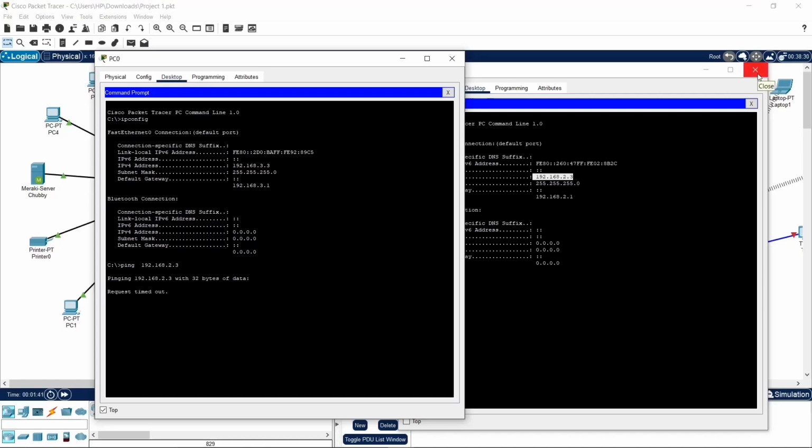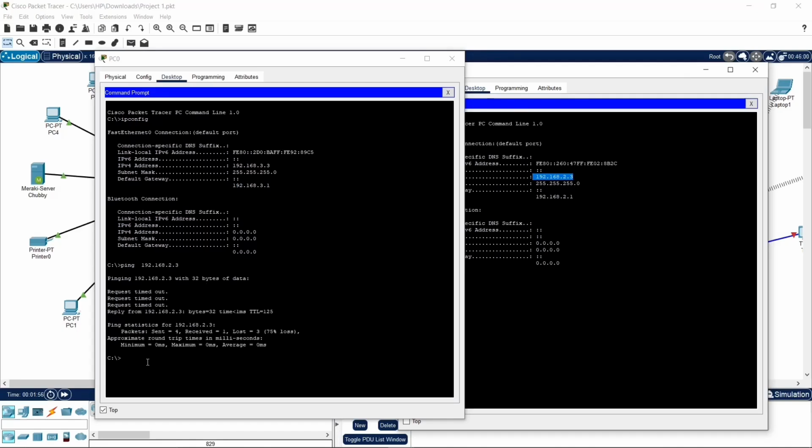It first said request timed out. So let's be watching out for the second one. And the last one, it actually replied in the last one. So since it lost 3 times and actually replied the last one,